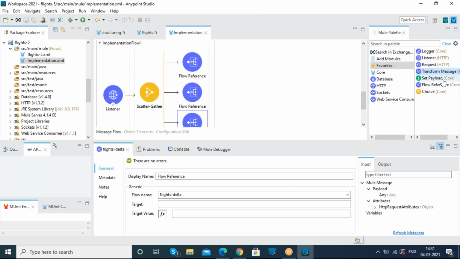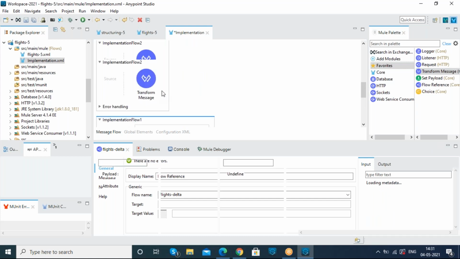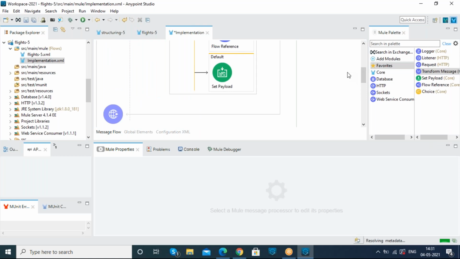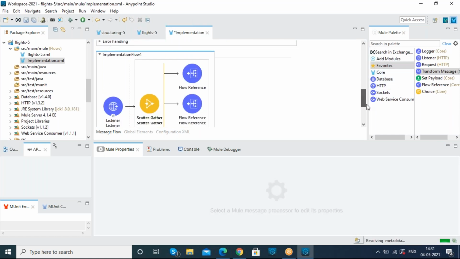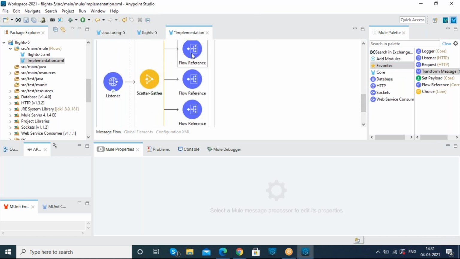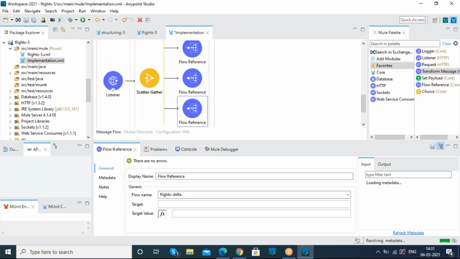So here, how the scattergather router works exactly. Let us assume that whatever data we are getting from American Airlines is in Java format, United Airlines is in JSON format, and Delta Airlines is in XML format.